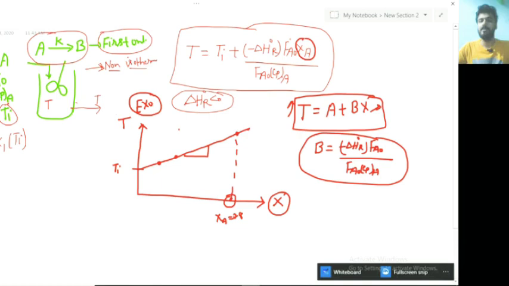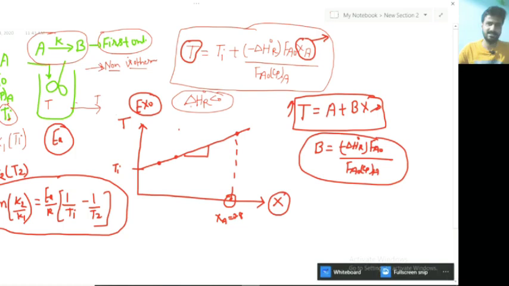If the activation energy of the reaction is given, and it will be given because it is a totally empirical thing, you don't need to calculate it especially. The activation energy of the reaction will be given. Now how will you calculate? You can calculate from the Arrhenius equation. Now ln(K2/K1) is equal to EA upon R into (1/Ti, that is the inlet temperature, minus 1/T2). I think you all know how to apply the Arrhenius equation. It's a very basic thing you all have studied in class 12 in chemical kinetics. I don't need to discuss these things.